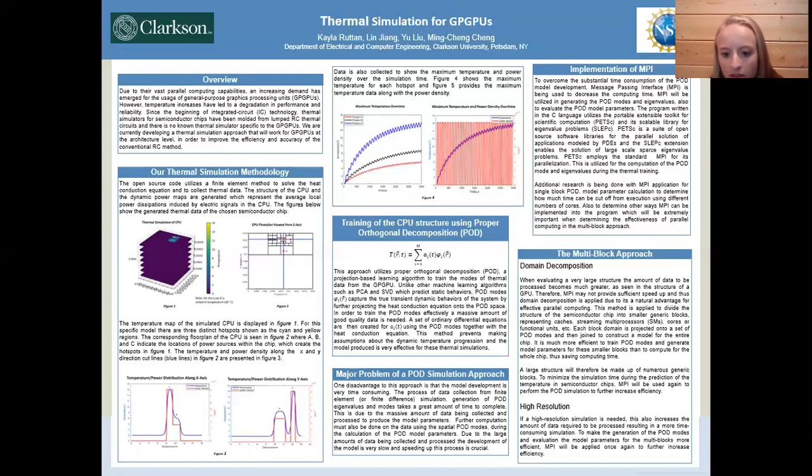To minimize the simulation time during the prediction of the temperature in the semiconductor chips, MPI will be used again to perform the POD simulation to further increase efficiency. If high-resolution simulation is needed, this also increases the amount of data required to be processed, resulting in more time-consuming simulations. To make the generation of the POD modes and evaluate the model parameters for the multi-blocks more efficient, MPI will be applied once again to further increase